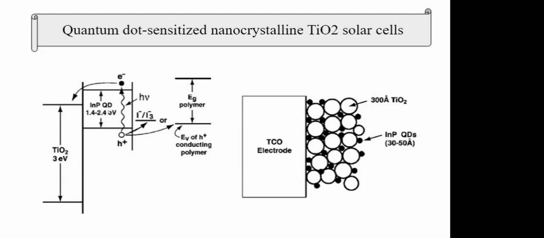So people have used sulfide based electrolytes to realize the complete device. They use TiO2, then integrate low band gap quantum dots, then use sulfide electrolytes, and then a counter electrode, and the rest of the electron transport process is similar to the dye sensitized solar cells that we have.